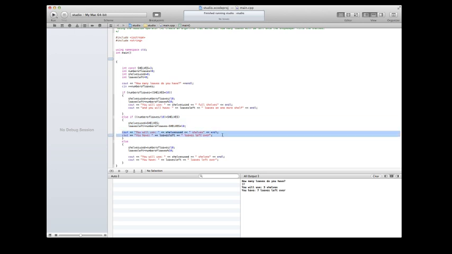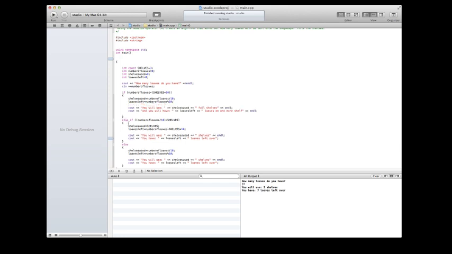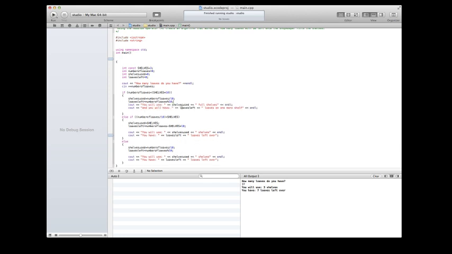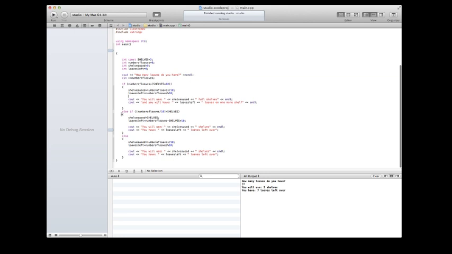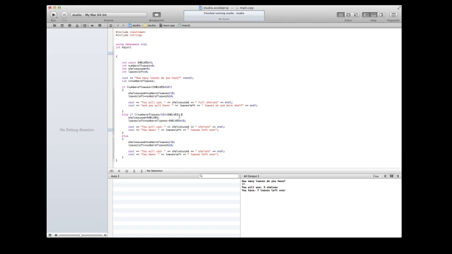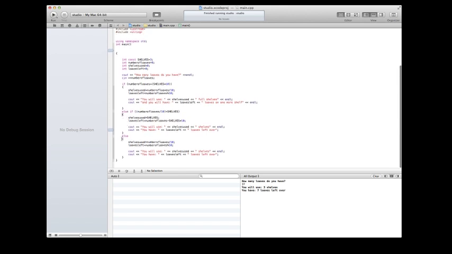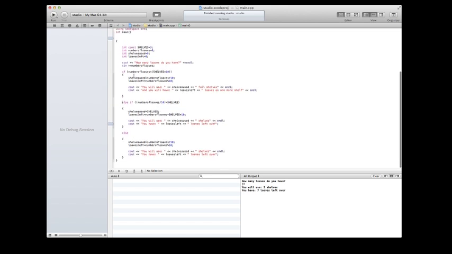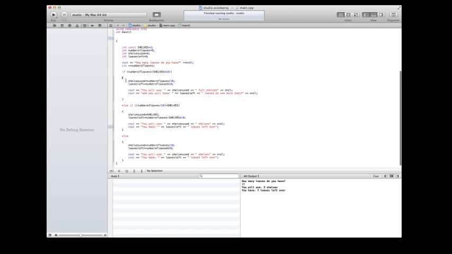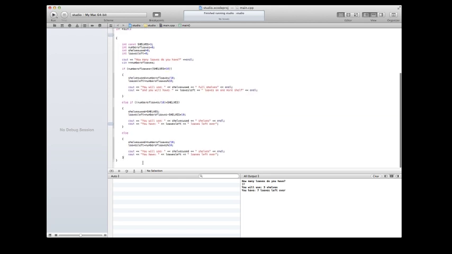This bit here isn't actually indented, so really what we should do is tab these two across. Now, it's up to you really if you wanted to keep them together. I sometimes like to separate. What you should do though is keep it consistent. If you're going to do it in one place, you should do it all the way through. Some people prefer to put the open brackets at the end here. Now I prefer to have them on the new line just so that I can see them easily. You might sometimes wish to spread it out like this a bit more. Totally up to you how you want to spread out your program, but as long as you keep it consistent